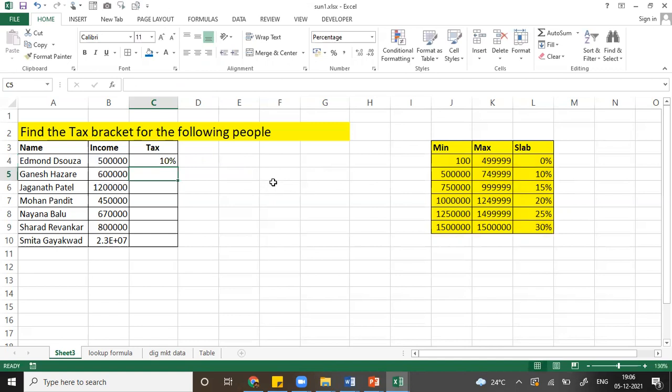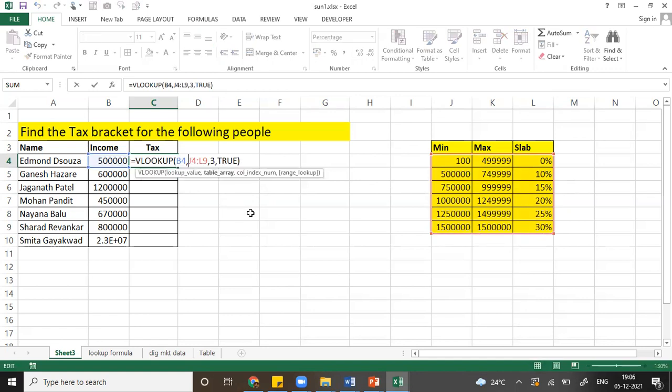Now look at it. Is it giving the right value? Look at what I have written once again. I referred J4 to L9 for the value 5 lakhs, and I took the third column value with the approximate match, that is between minimum and maximum.